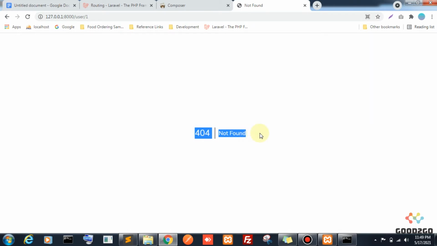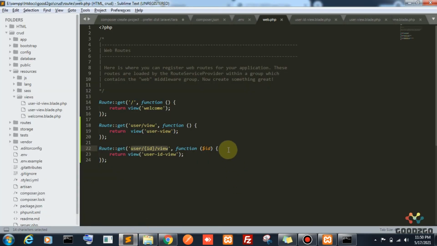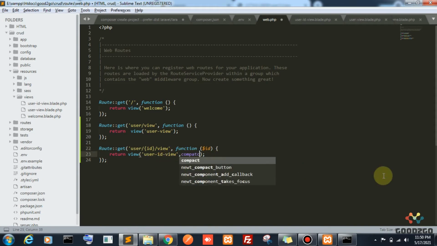This exception handling will be handled in Laravel. Okay, this is also one of the famous advantages in Laravel. Laravel has pre-default exception handling methods. Okay, so I'm giving a user id view. Okay, fine. I need to pass this id value inside this view. How to pass this? We have a compact method.